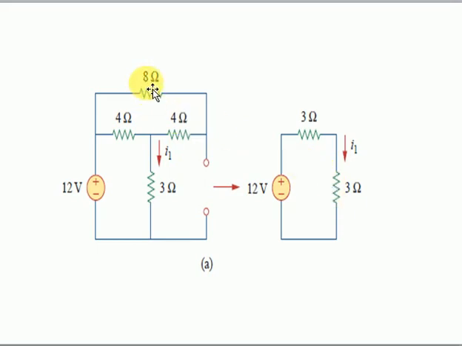Now this 8 ohm resistor and this 4 ohm resistor are in series, as the current has the same path. So we get 8 plus 4, that is equal to 12 ohms. And then that 12 ohm resistor is parallel with this 4 ohm resistor. By solving this we will get the value of 3 ohm. And in this 3 ohm resistor the I1 current is flowing, so we will get the value of I1 from here.